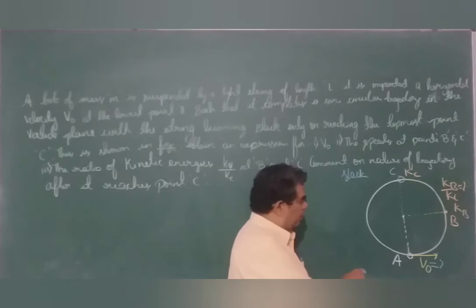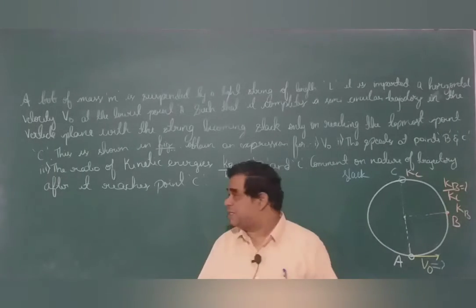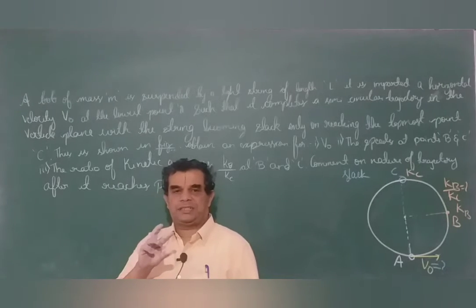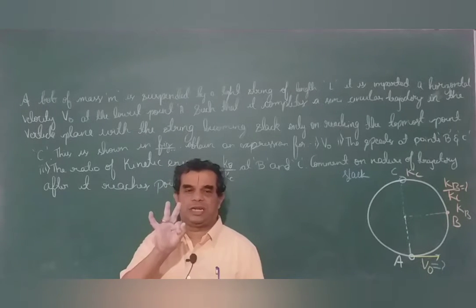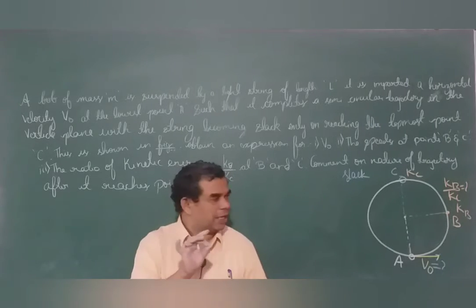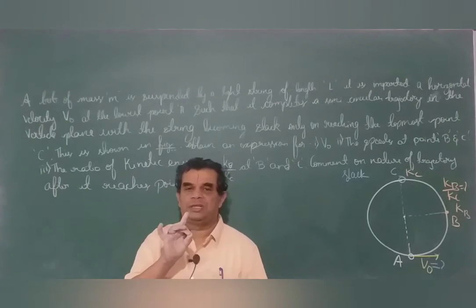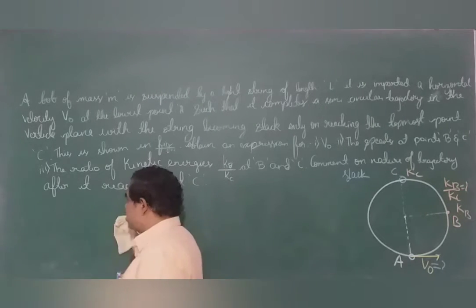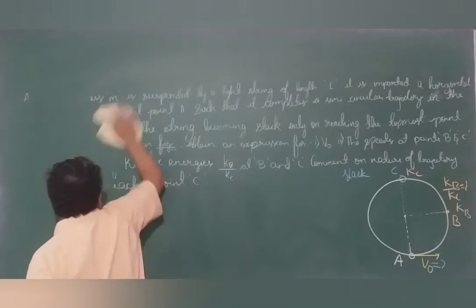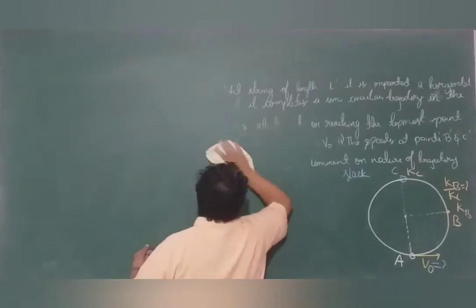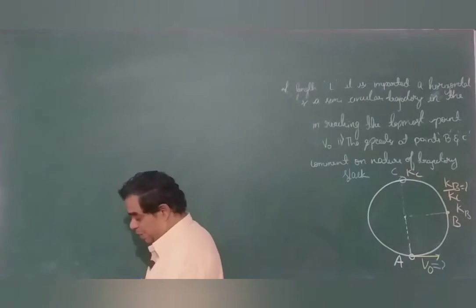Observe there are 3 points A, B and C. For each of these 3 points, we write 2 equations: first, the total energy equation or conservation of energy equation. Then second one, laws of motion, that is Newton's laws equation. We do those things. I just rub this part of the problem. I start from this point, that calculation.